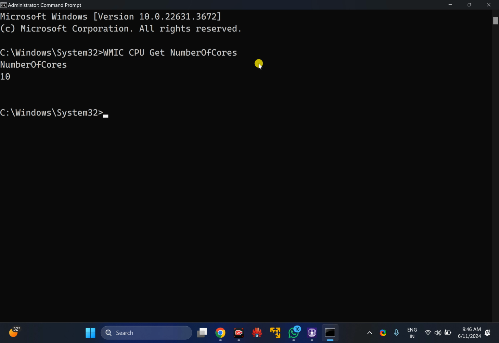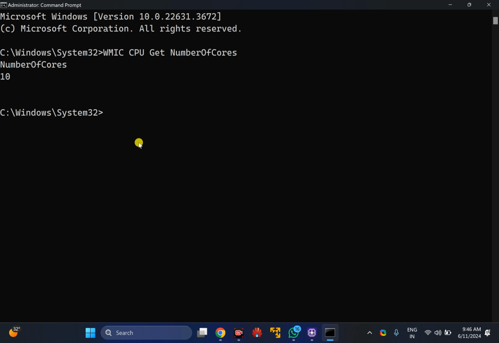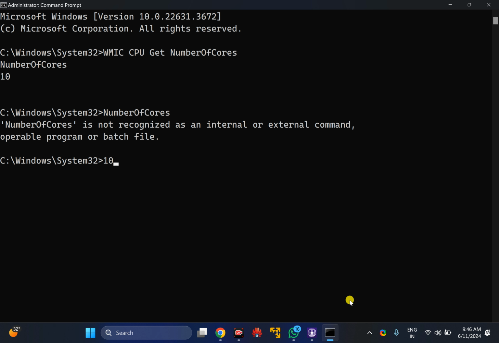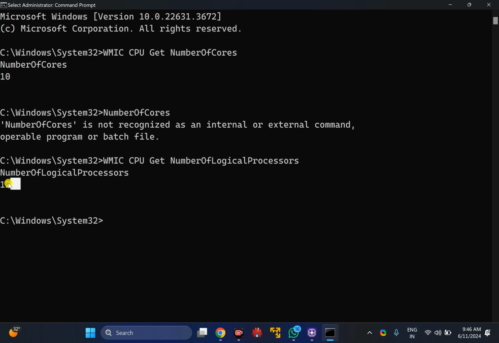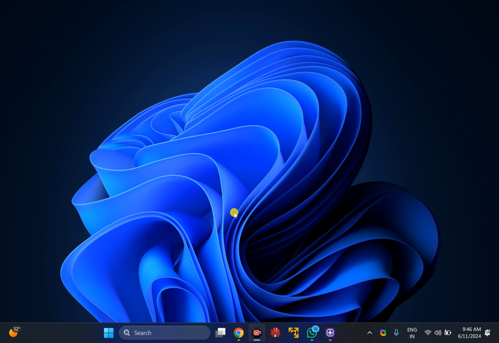After entering this command, press Enter on the keyboard to display the number of cores, and you need to issue the command WMIC CPU get NumberOfLogicalProcessors to find out the logical processors or threads on your Windows 11 PC.